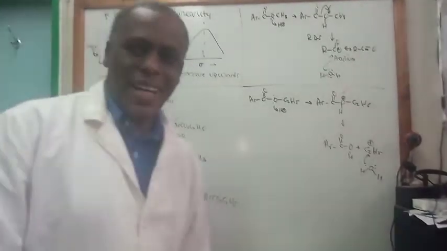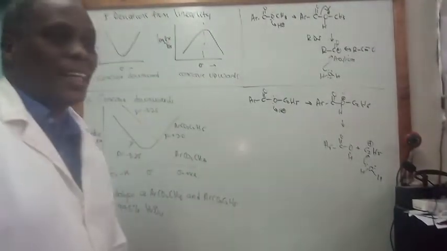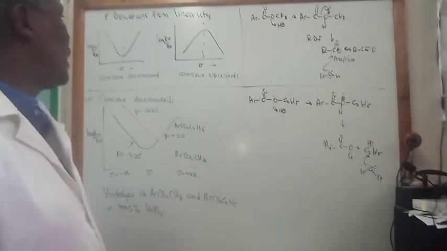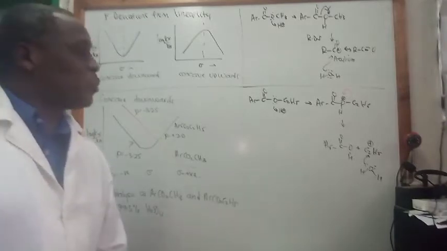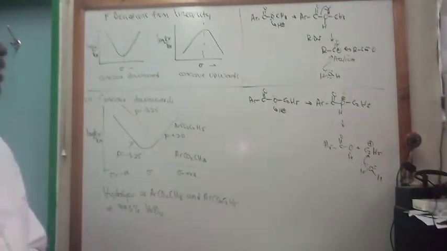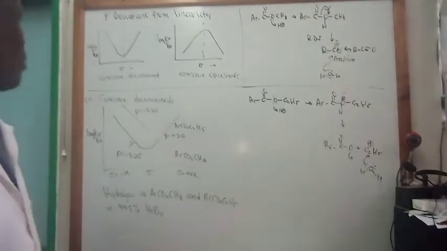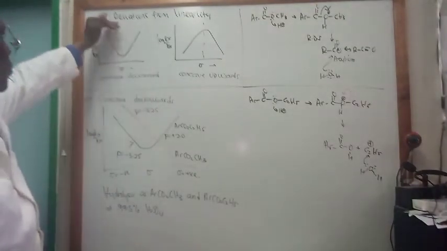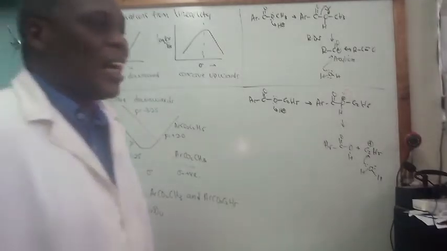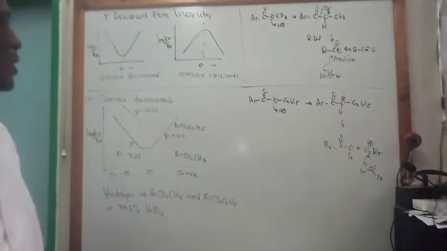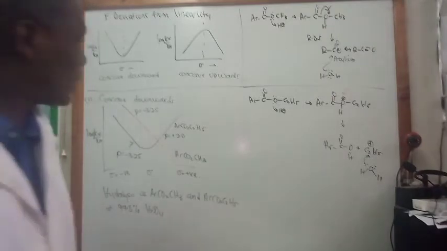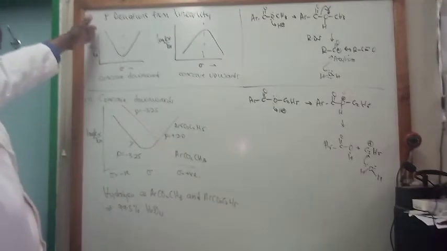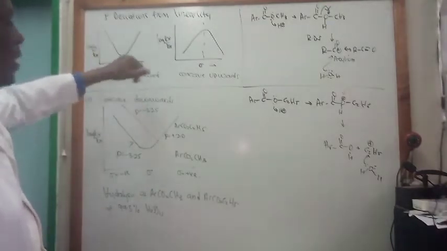Okay, welcome back to this session on the Hammett equation. Now we're going to be looking at the plot of the rate constant versus the sigma, which is the rho value. And what scientists have seen is that in some situations, if you're going to be plotting the rate constant versus the sigma,